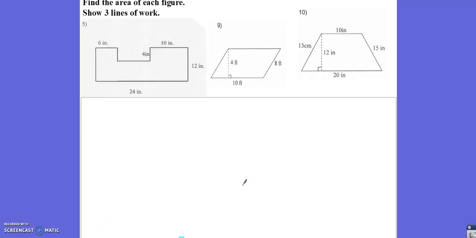Now on the bottom half of that paper, we're going to use the same shapes